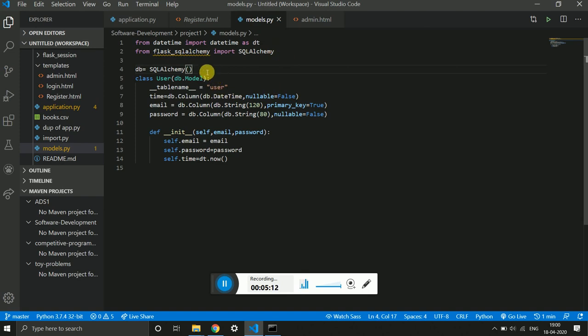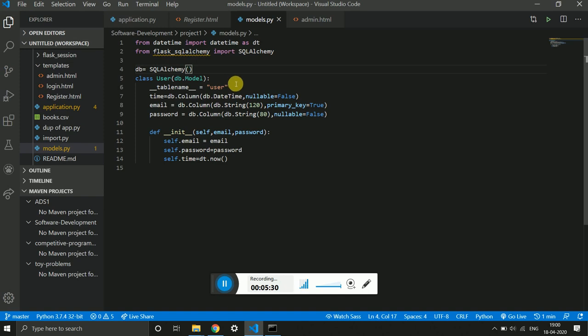Later I created an object db equals SQLAlchemy, which creates an object for SQL Alchemy as db. Here I am creating a class and mentioning that it is a model of a SQL Alchemy database.